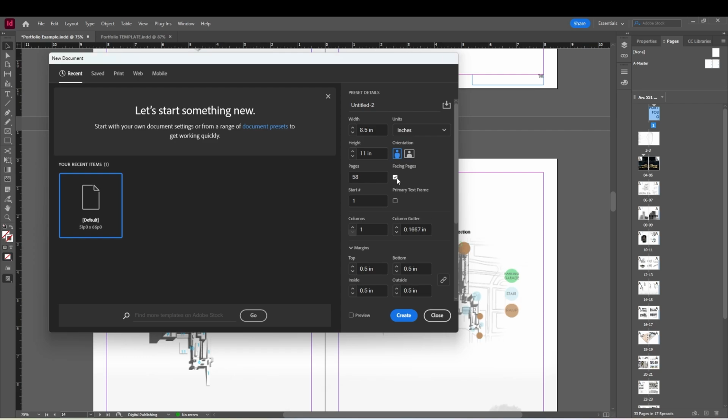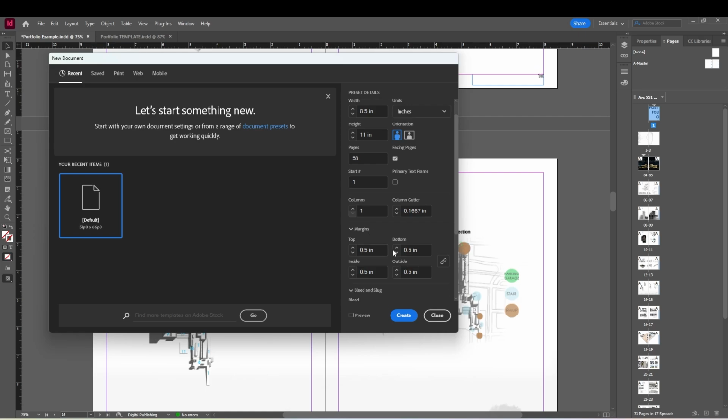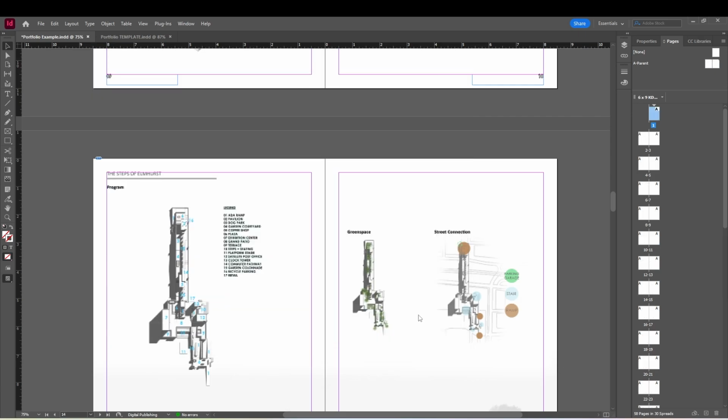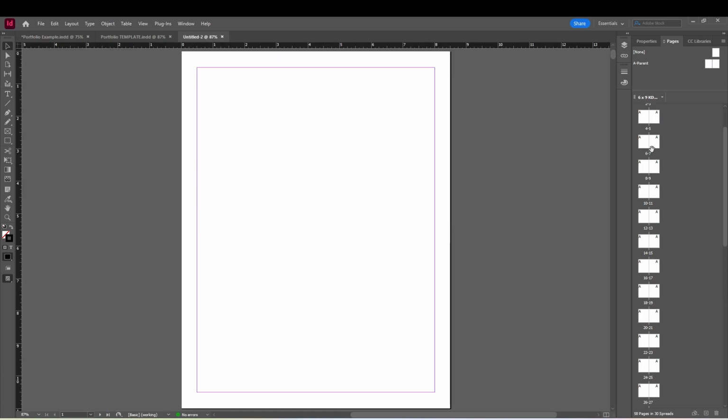We want facing pages, and we want to adjust our margins here to make sure that if we are printing this, we have room for a gutter for the edges. So you might want to talk to whoever you plan on printing with to see what their specifications are. Then we're going to say create, and it's going to create a document like this for us with a ton